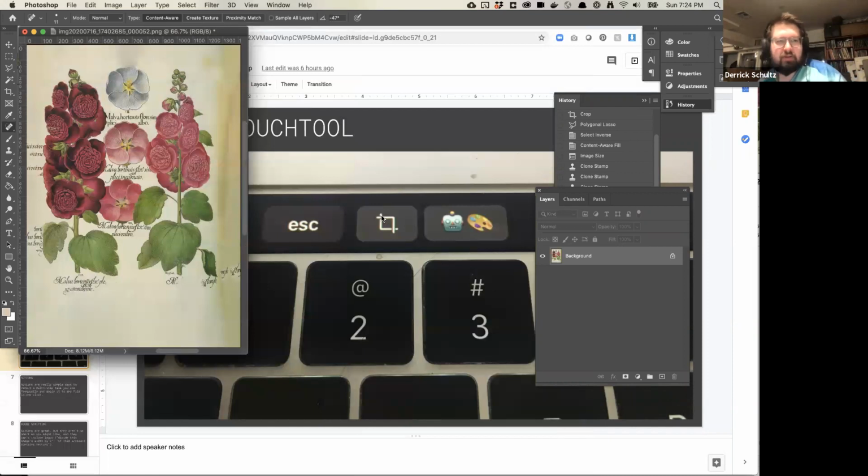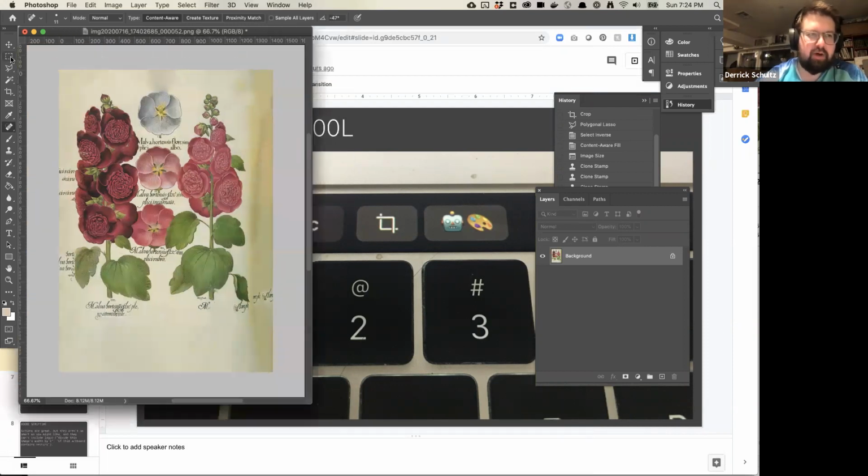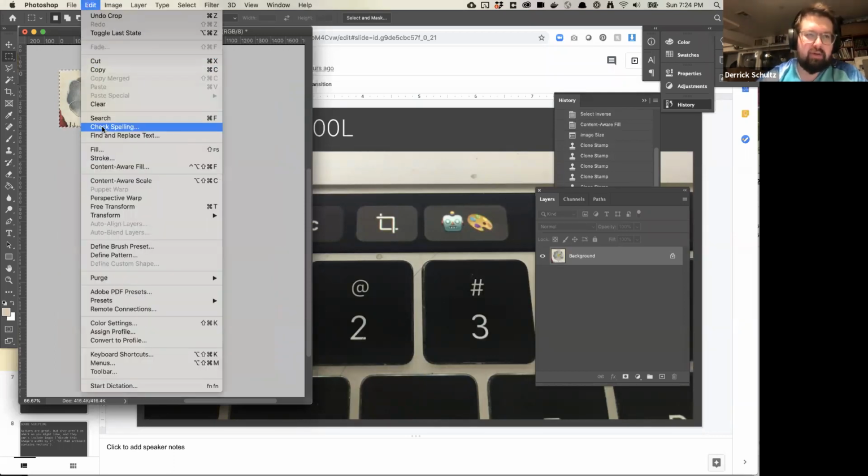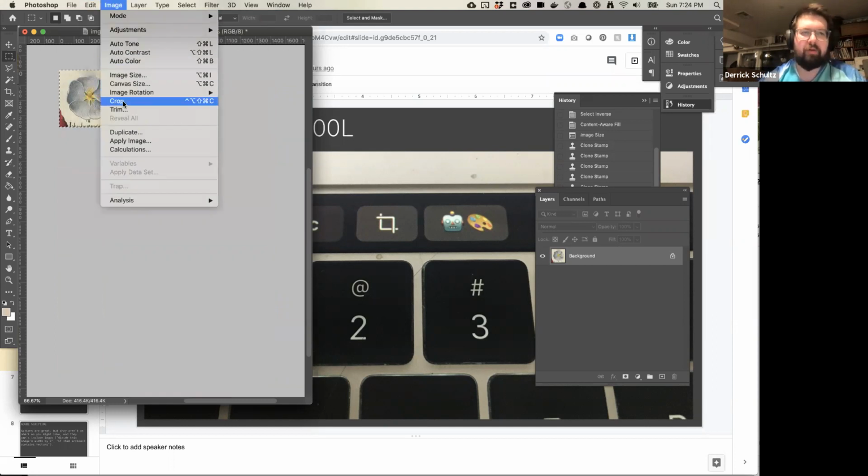Okay, so that is the Photoshop tools that I tend to use the most. Again, I do also have a crop tool that's set up for the touch bar. So let's say I just wanted to go in and manually crop all these flowers out. I tend to create a bounding box and I hit the crop tool on my BetterTouchTool touch bar and it crops it. Again, this is much quicker than going to image, crop. I don't think crop actually comes predefined with a key command. You always have to manually go to it, which is really annoying.